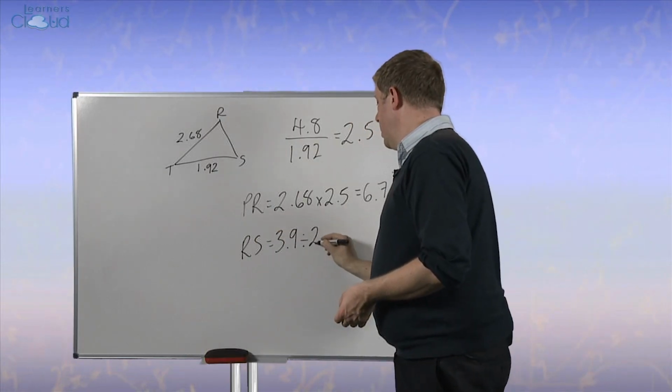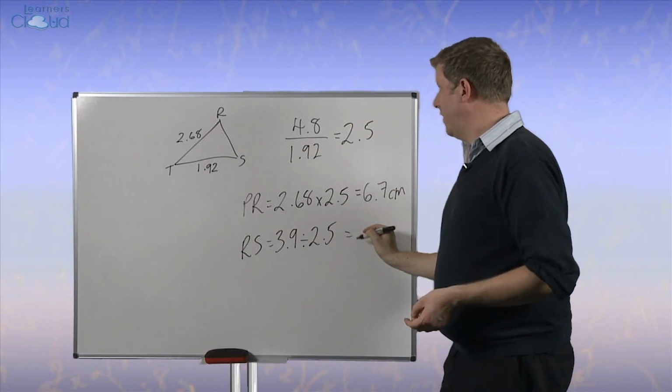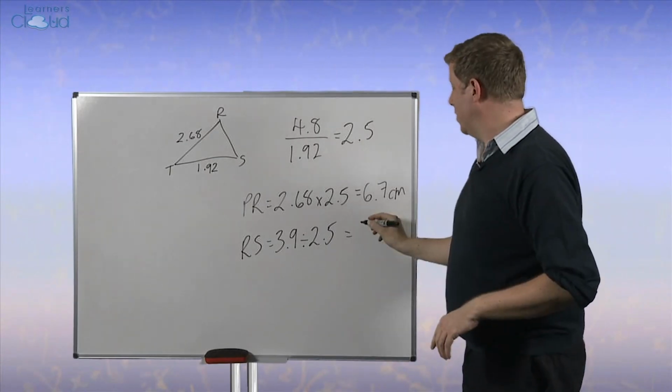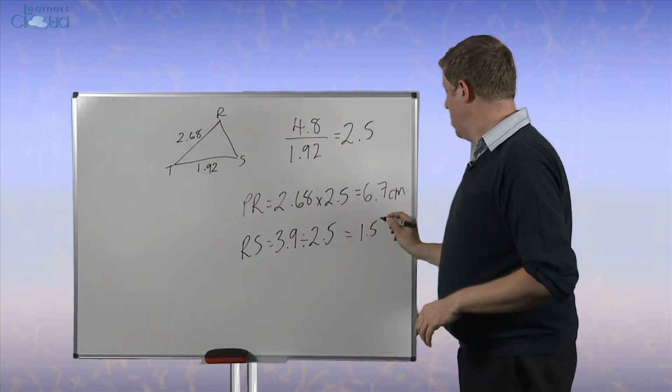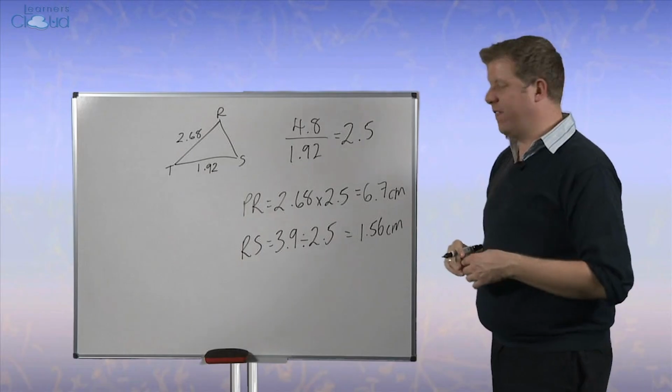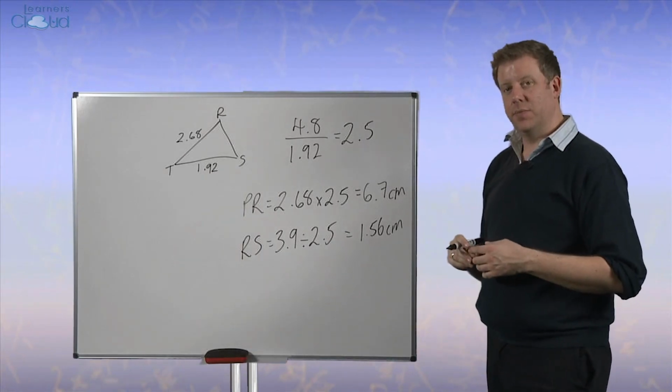3.9 divided by 2.5, and that gives me an answer of 1.56 centimetres. Now, you won't only be dealing with similarity exclusively with triangles, you will have to do it for